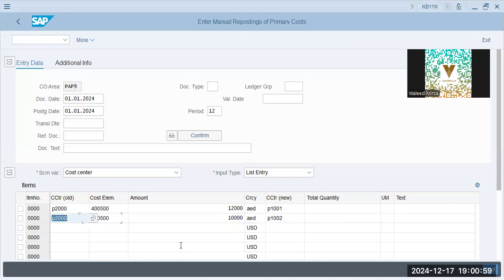So we are actually transferring cost from P2000 to P101, 102, and 103 from salary account. As simple as that. AED P1003. Okay, P2000, 400600,